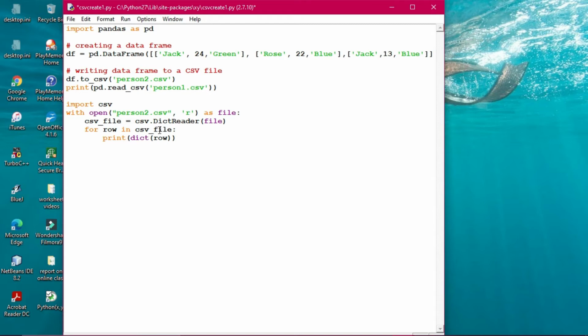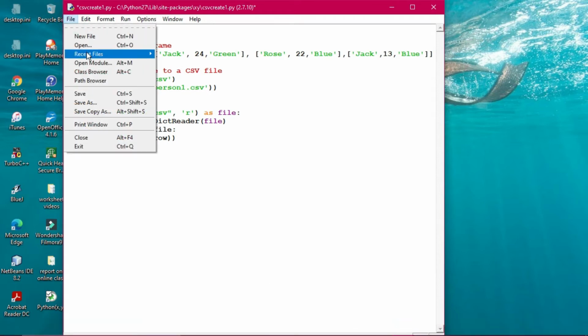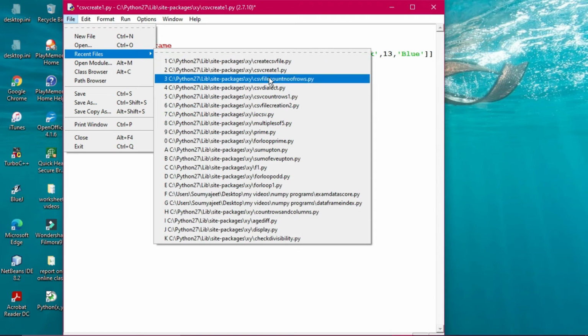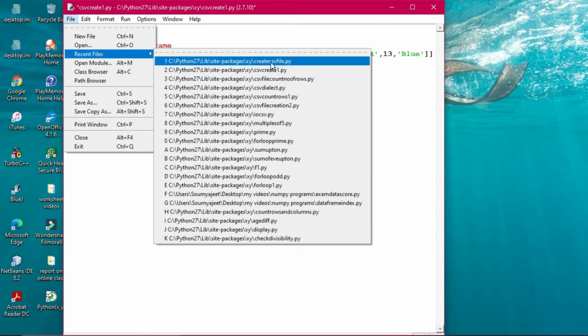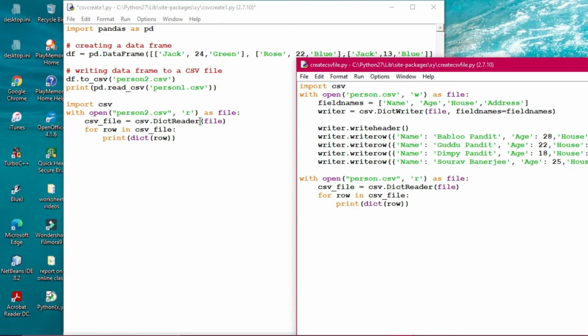Okay, the second part is similar to the previous one. If I'm opening this file, you can understand the similarity of this one and the CSV file. This is the one. You see this portion and this portion are identical. Okay, this portion is different. So here import CSV I have used all along. Here two packages I have used. One is pandas, another is CSV. Fine, that is the thing.